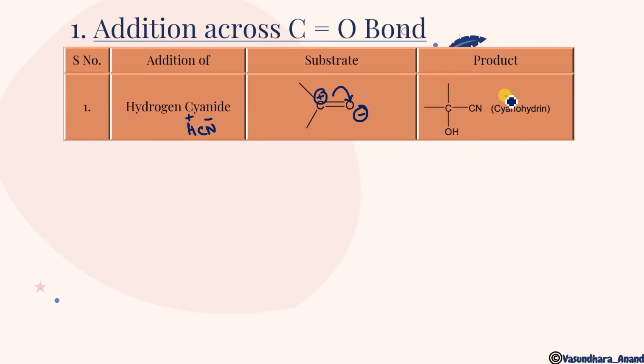A point to be noted: if a single carbon, the same carbon, is having an OH group as well as a cyano group, then this is called a cyanohydrin. This is a family name, the generic name, cyanohydrin. Let me take an example: suppose it is acetone, so this is CH3 and this is CH3, and this is OH and this is CN. We carried out this reaction on acetone and got this. So this will be called acetone cyanohydrin. This is the naming type.